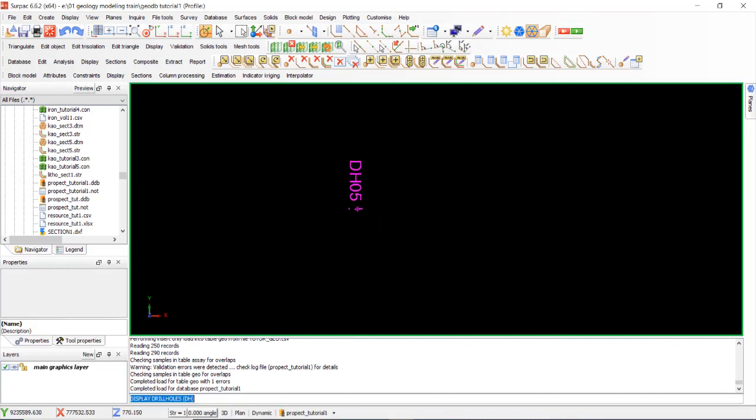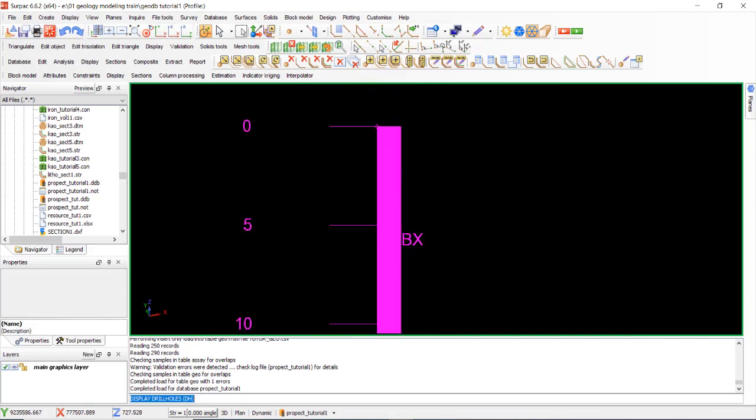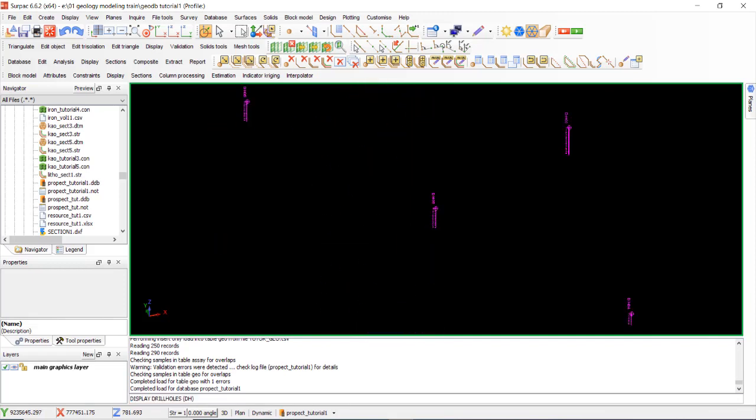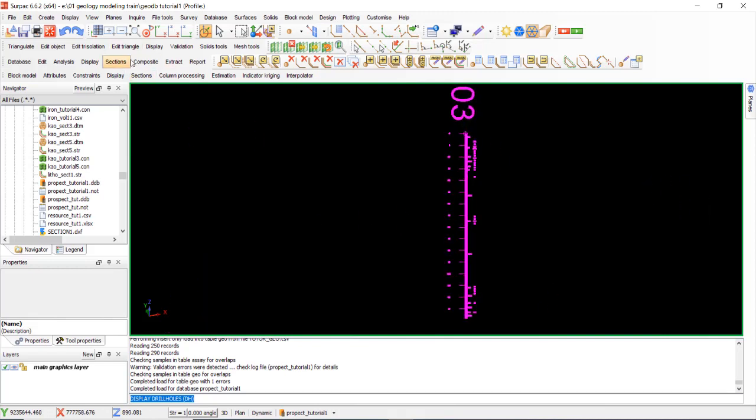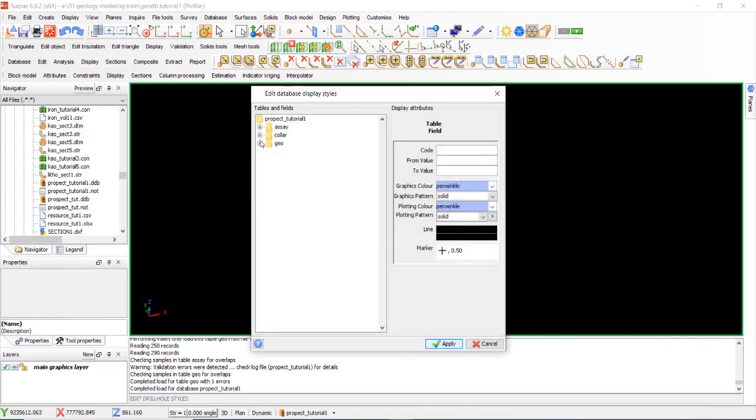Okay, the data bar is here. But the color is still the same. It must change the whole display style. Select here, select litho, get field code, right click and select get field code.